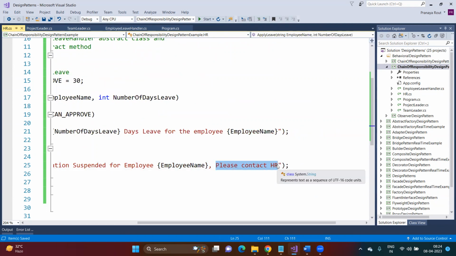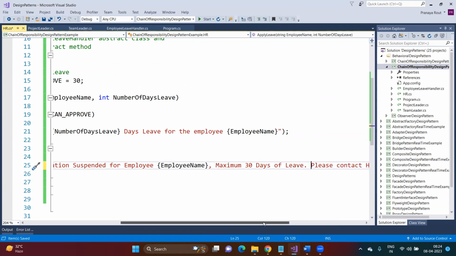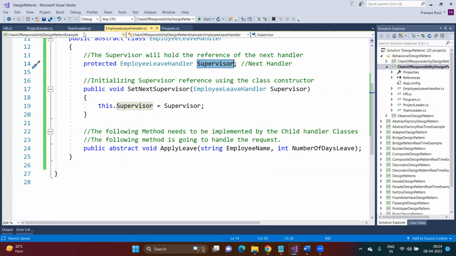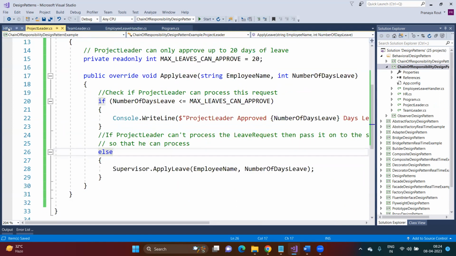Or you can display that the maximum is 30 days of leave, or any kind of business logic you want you can display here. So we have developed the employee handler, and we have developed the team leader, project leader, HR,